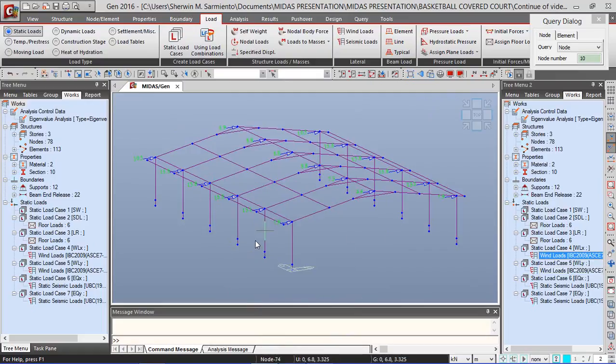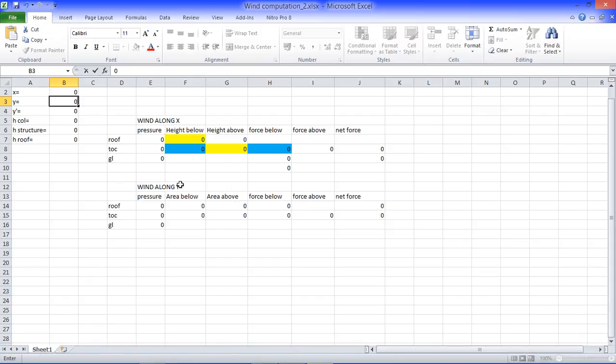So what we're going to have to do is apply an opposite force to counter this force here, as it is too large and uneconomical considering the fact that this is open. So here I have an Excel spreadsheet that I've already done. What I'm going to do is input the lengths here, and I will copy the pressure from Gen, and I will get a force here and I'll apply it in the opposite direction. So this is 23.6, and Y is 34, and then the Y prime is the number of columns times the